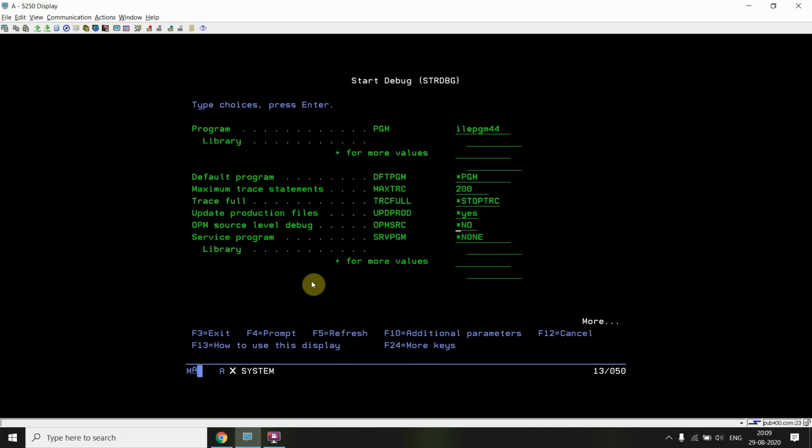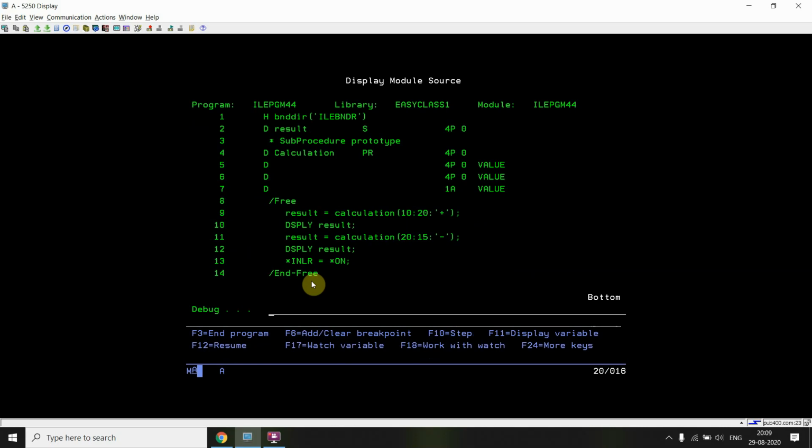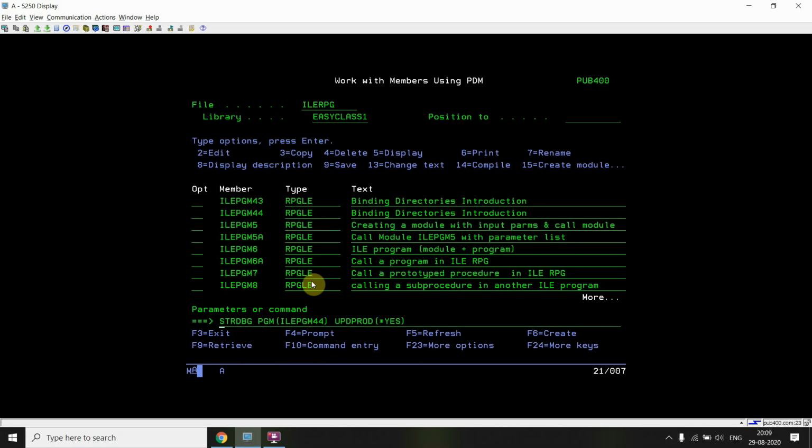Okay, so you are getting to learn many ways through which you can bind a module or a service program to your program, or binding directly to a module or service program. Whether to a service program or program, you are getting each and everything: how you will be adding, how you will be removing those duplicate definition things from your binding directory whenever you are using the binding directory. Okay, so various things you get to learn from this video, and I think these two videos, the first part and the second part, will be a great tutorial for everyone who is going to learn the binding directory from beginning till advanced.